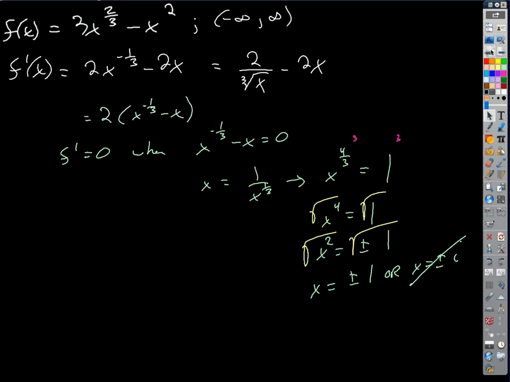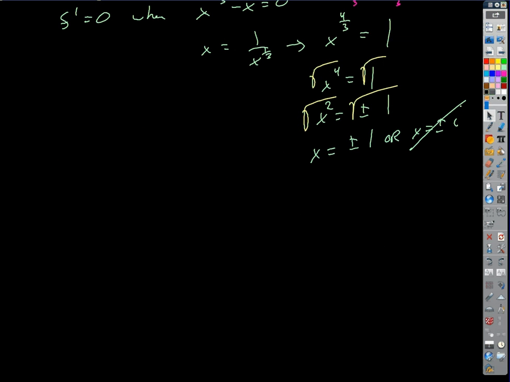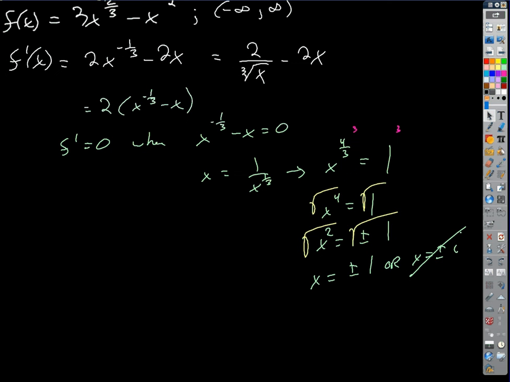Obviously. Okay, so then I get zeros at plus or minus 1. Those are places where the first derivative is 0. Okay, what else can you tell me about the first derivative? Because there's two kinds of critical numbers, right? It's undefined at 0, because look, my first derivative, if I write it this way,